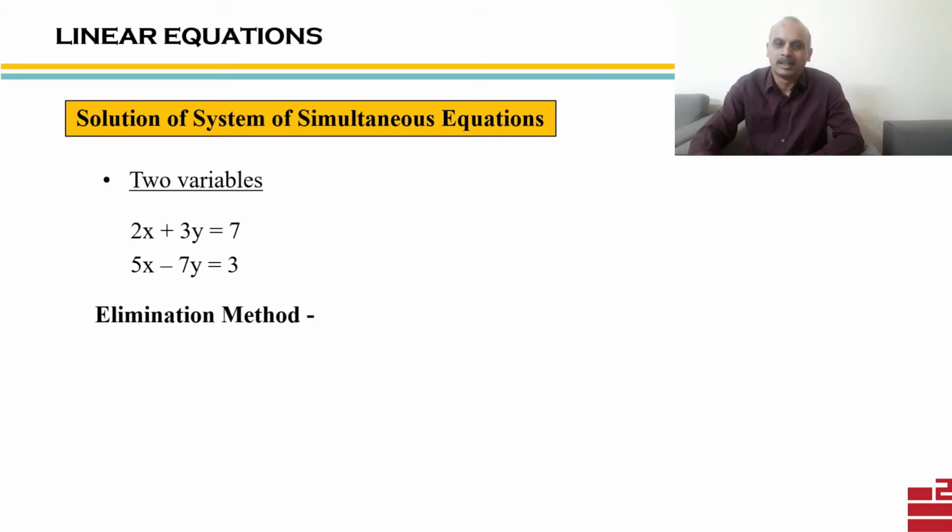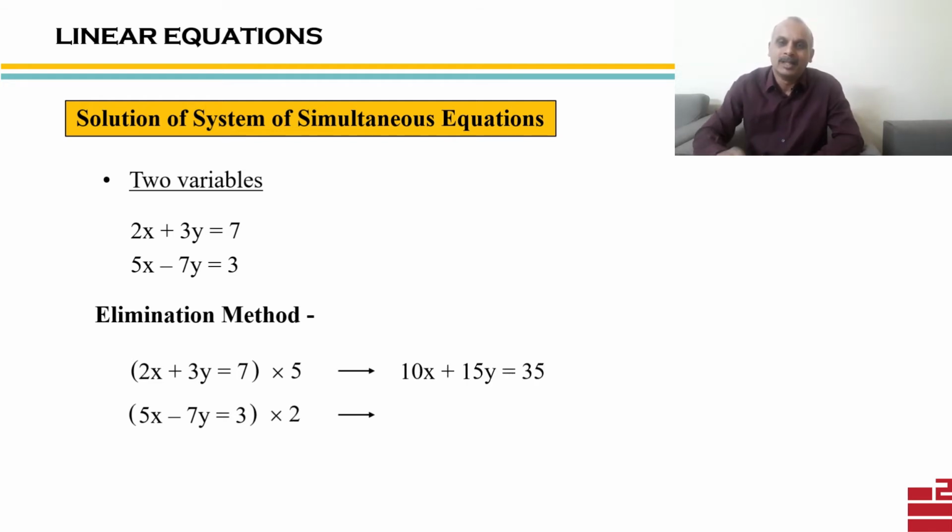Now in case of the elimination method, what we do is we observe the coefficients of the variables. In the first equation, the coefficient of x is 2. In the second one, the coefficient of x is 5. I should multiply the first equation and second equation by which numbers, so that the coefficients of x in both of them become the same? So we can easily conjecture that the first equation should be multiplied by 5 and the second equation should be multiplied by 2,